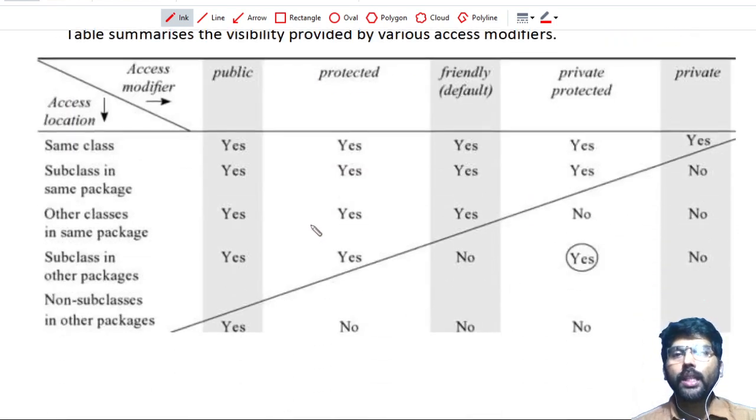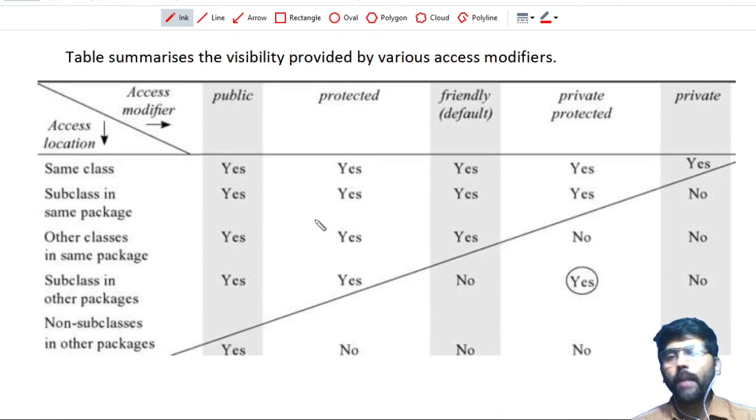This can be explained by this table. The table contains the access modifiers in the column section, and the access location, meaning where I can access that member, is mentioned in the row section. I am taking a variable and making that variable public. Then who can access that variable?